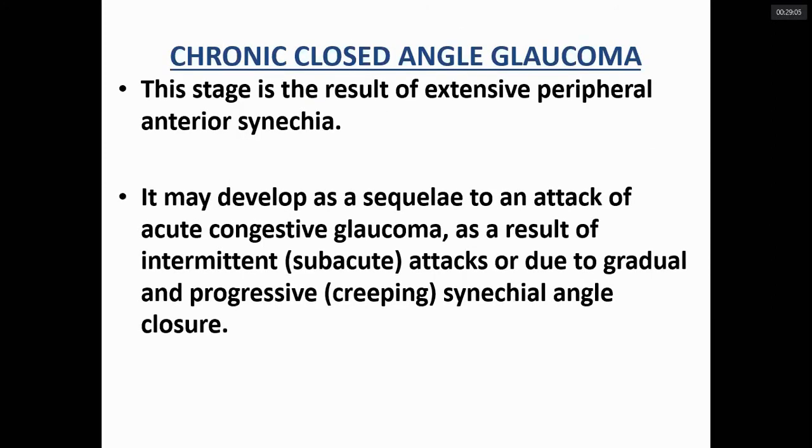Chronic closed angle glaucoma at this stage is the result of extensive peripheral anterior synechiae. It may develop as a sequela of an attack of acute congestive glaucoma, or as a result of intermittent subacute attacks, or due to gradual and progressive creeping of the synechial angle closure. So it can be the sequela, or it can be the gradual progressive creeping. Patients come at this stage also,